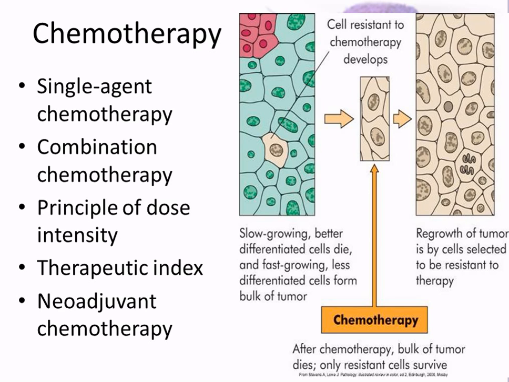The therapeutic index is how much can we give you before we actually kill you. So they look at the average person, your age, height, weight, sex, et cetera, with your type of cancer. For us to kill that whole person and kill all the cancer cells is how much we give them. You don't want to give them that much. So the therapeutic index is proportional. And typically, they'll shoot for a 25 to 50% therapeutic index, which means that in about 25% of patients, it can be potentially lethal.